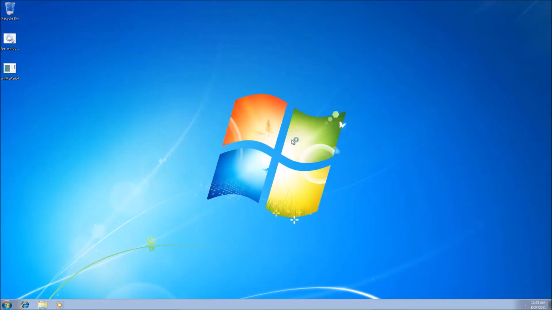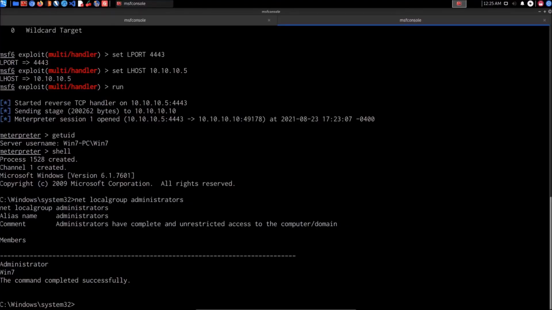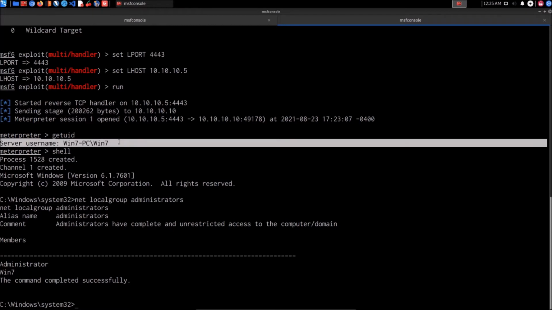We'll give that a few seconds, and that particular Autorun program that we uploaded should automatically be executed, and we should get a reverse shell. So if I switch back to my Kali VM, we should actually see that. All right, so I'm back on my Kali VM, and as you can see on our listener, we were able to get another meterpreter session that we opened,